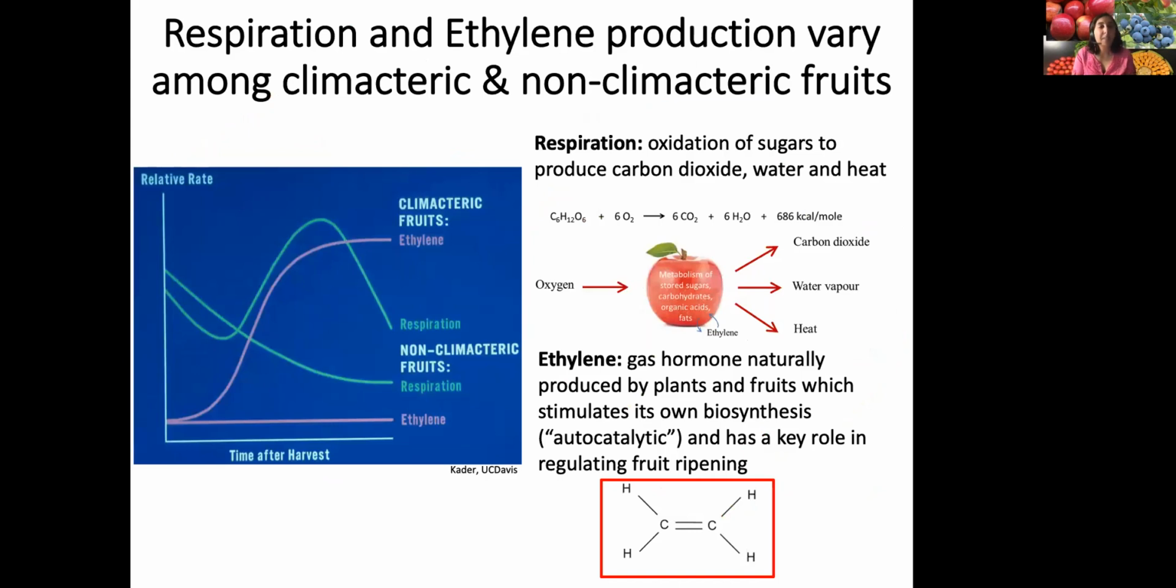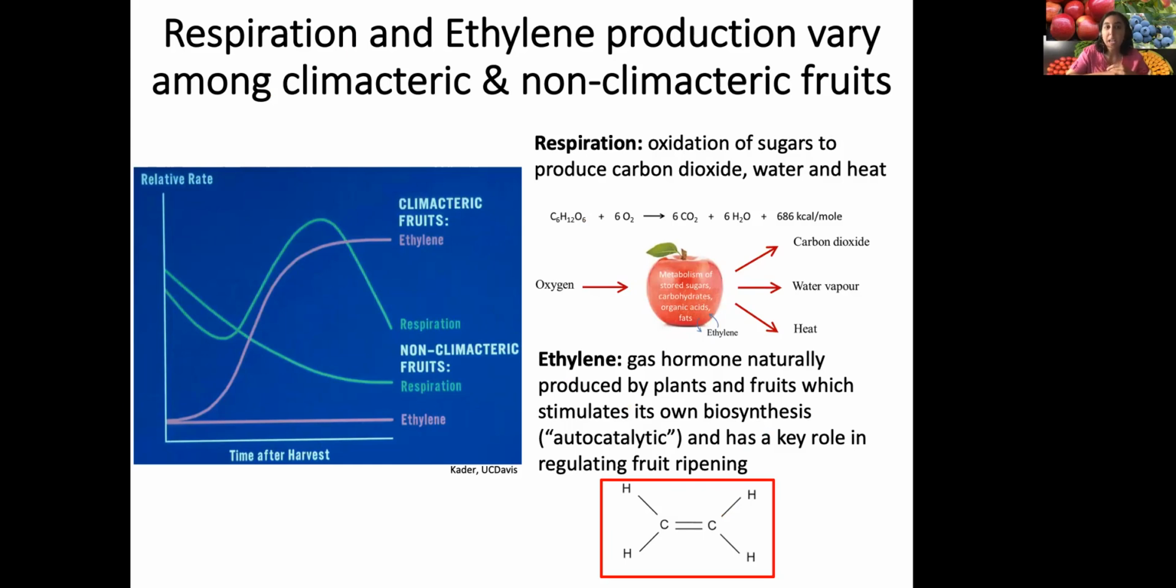So what makes this difference between climacteric and non-climacteric fruits? Why can some of them ripen after harvest and others not? And this all comes back to the fact that we have to remember that fruits are living organisms. Fruits are also respiring, okay? And the other big component is a key ripening hormone that is produced by fruits and by plants, which